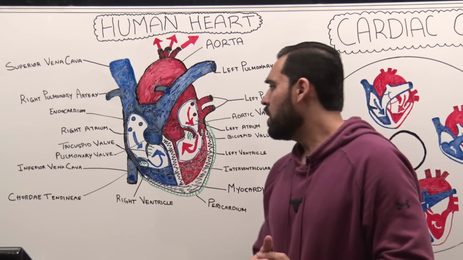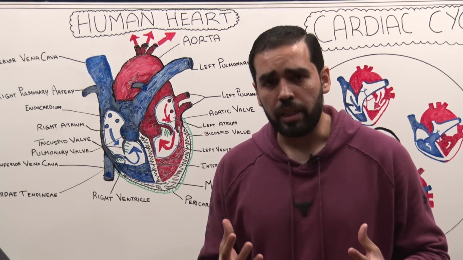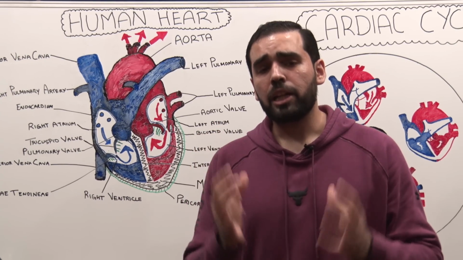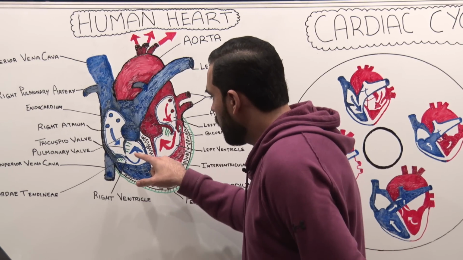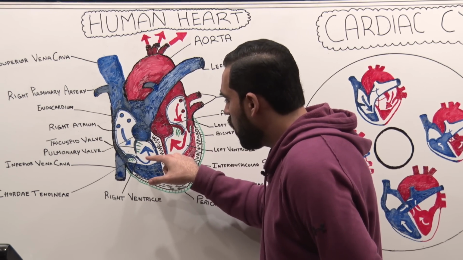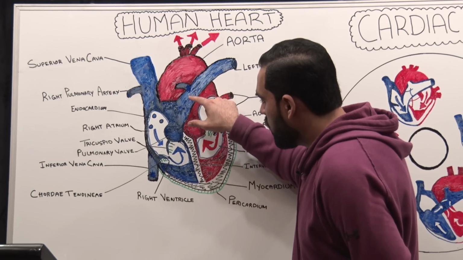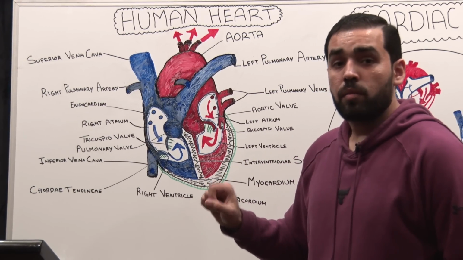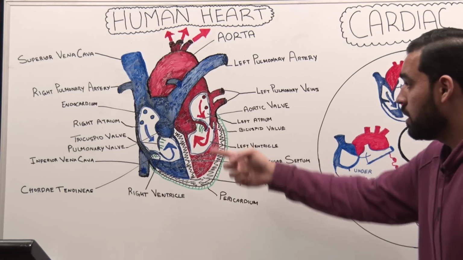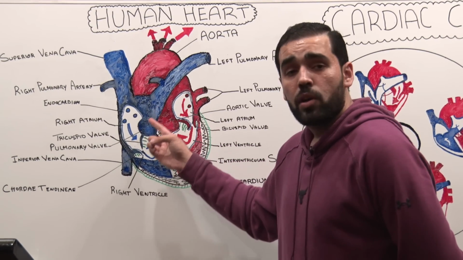And the reason we have one valve for each chamber of the heart is because the valves are working as a door. It's like a door which is making sure that there is only one-way blood flow throughout the heart. Now, on the right side of the heart, from the right ventricle, when the blood needs to be pumped into the pulmonary artery, there is one valve present over here which is called, which valve? The pulmonary valve, because it is the pulmonary artery, and pulmonary means lungs, which means this artery is taking the blood to the lungs.